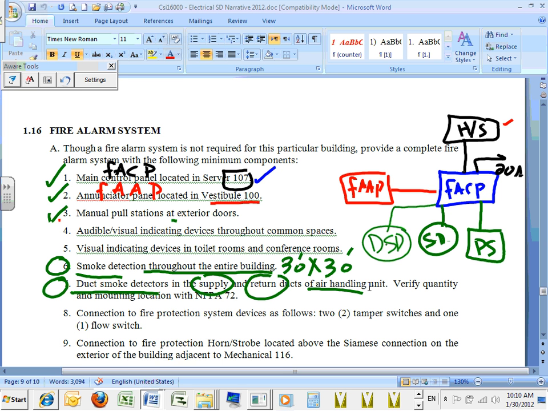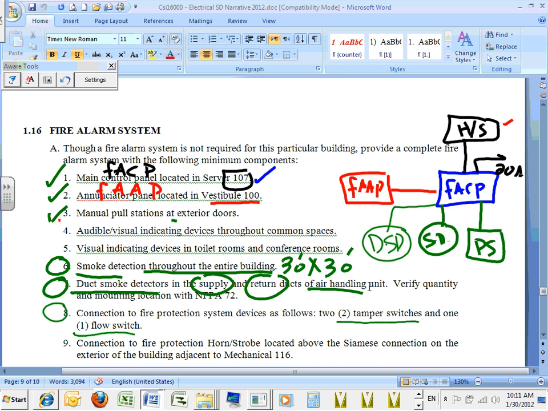The second thing I want to have, guys, look at this. We need fire protection system detection flow. We need a tamper, 2 tamper switches, and 1 flow switch. Because the fire alarm sprinkler system, guys, needs water. We need to make sure, and the water goes through pipes. If somebody were to close the pipe that feeds the water to the sprinkler system,